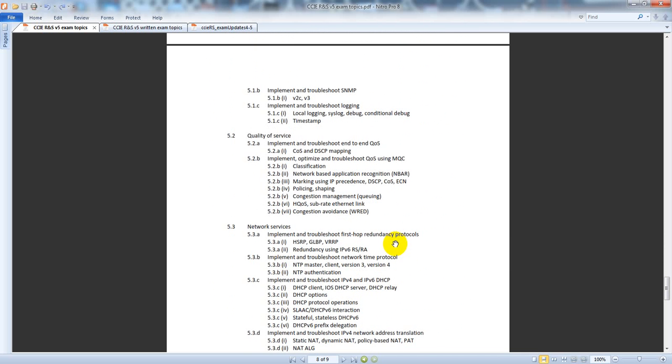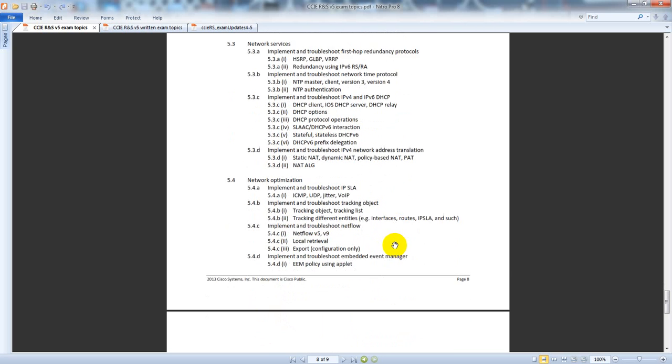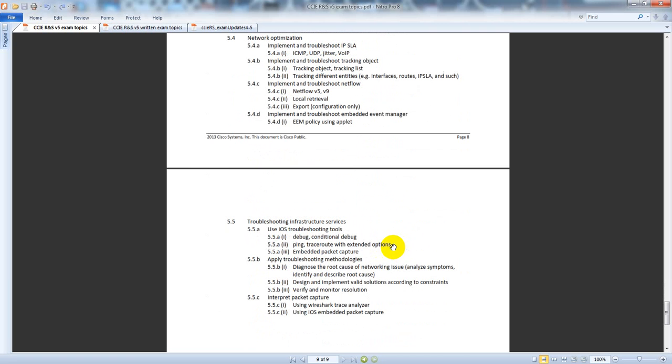So a lot of the stuff you're going to see is reflective of the old Cisco version 4 blueprint, just with a couple of twists to newer IOS images and newer technologies. A lot of what has happened nowadays is last mile technologies like frame relay have been replaced with VPLS and Metro Ethernet. So that's why they're bringing those into the route switch side of the house, because a company I used to work for, they had a frame relay in